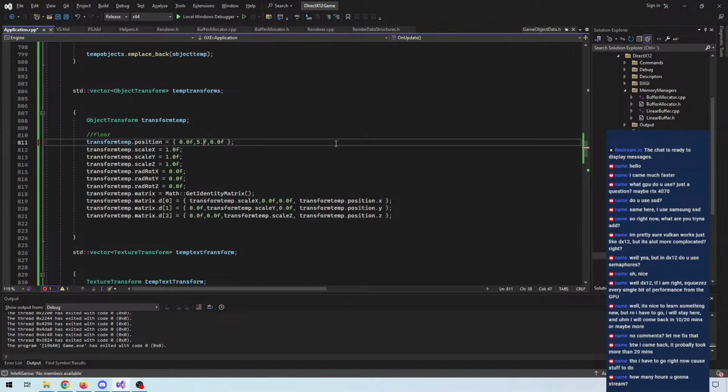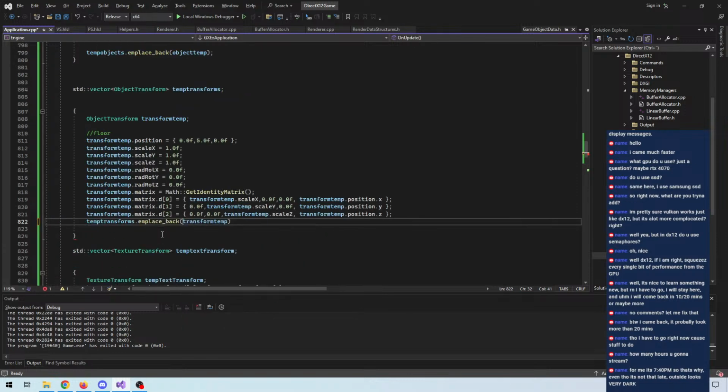Okay, let's set the transform information here. And let's place the